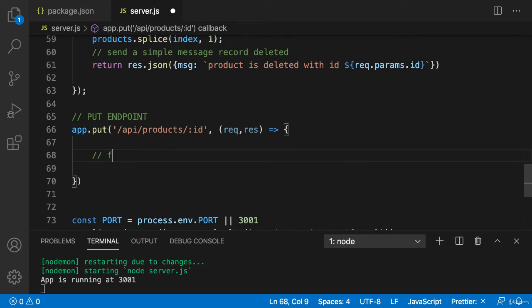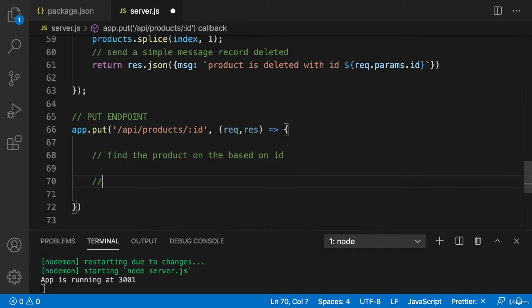So first of all, we need to find the product only based on ID. If there is no product, send error 404. Otherwise, if there is a product, then what we have to do, we have to identify,